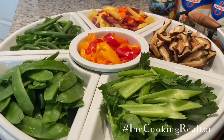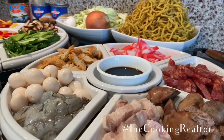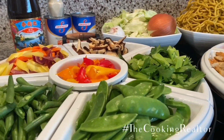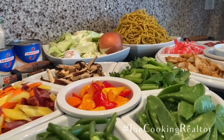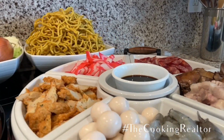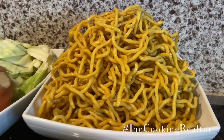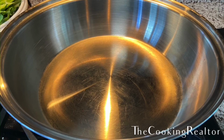And as you can see, very colorful, and these are the ingredients that I'm gonna be using with oyster sauce and also Kikkoman soy sauce, a combination of both. Again, you can decide on what type of veggies you want, but this is what I really want on my pancit. I missed a little bit of broccoli as well because I also put broccoli on my Pancit fresh Miki